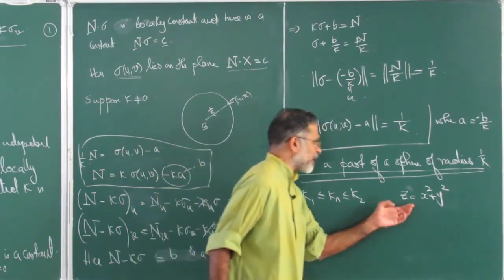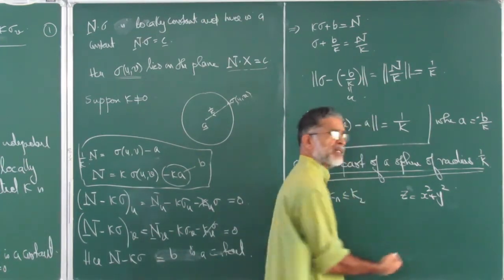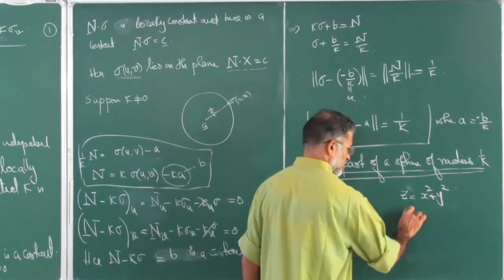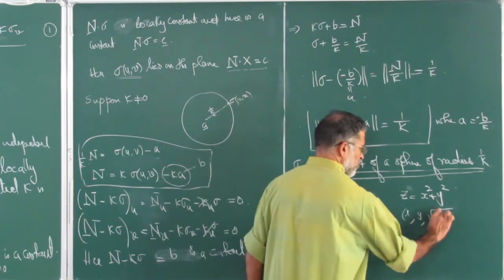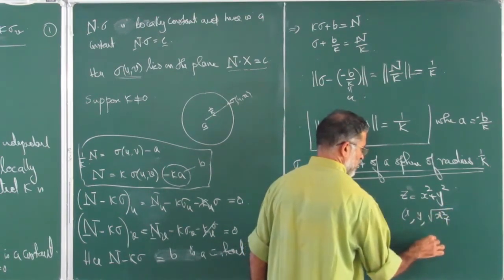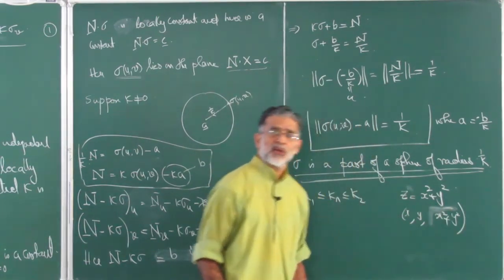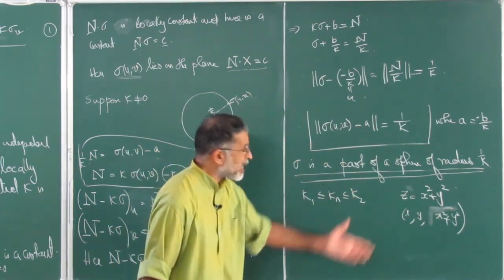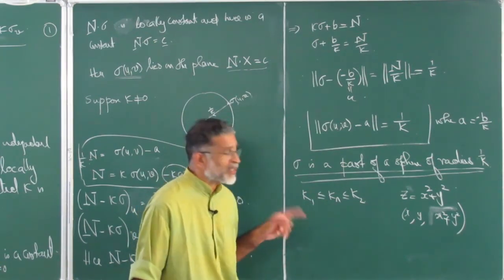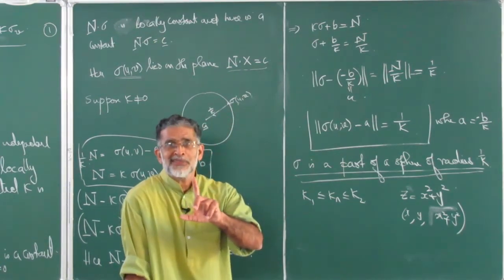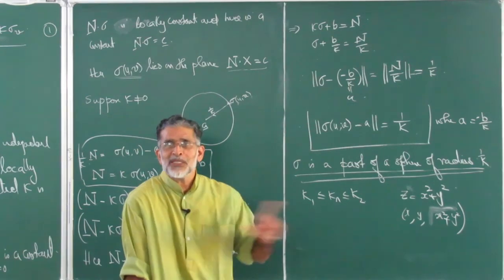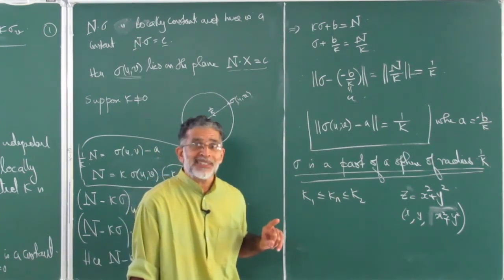And what is the parameterization for this? Standard root also would do: x, y, root of z equal to x square plus y square. No, root and null if you take, then you are going to get a cone. So this is exactly the surface, and exactly at the origin 0, 0, 0, you will have this behavior, but not everywhere else.